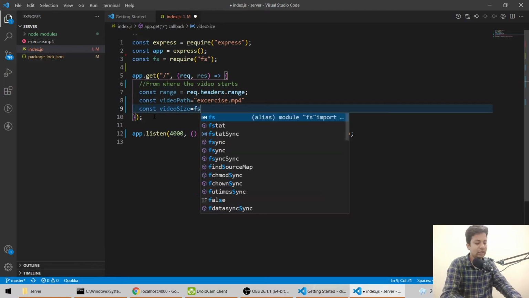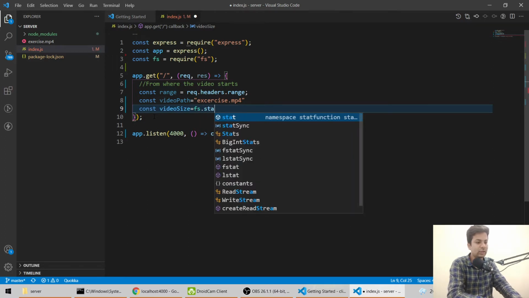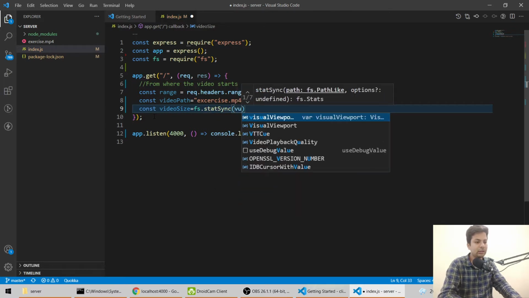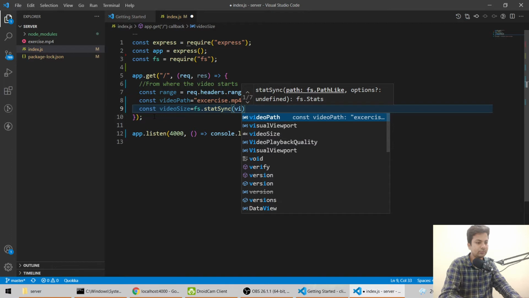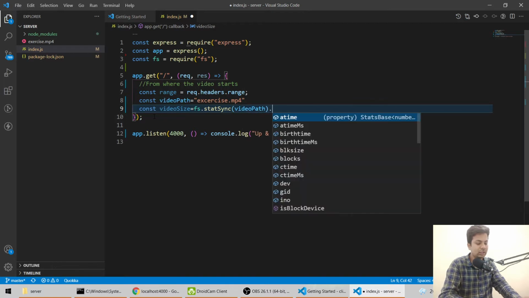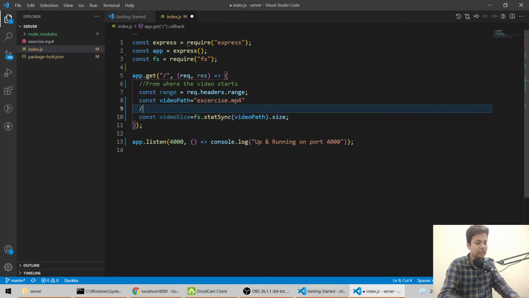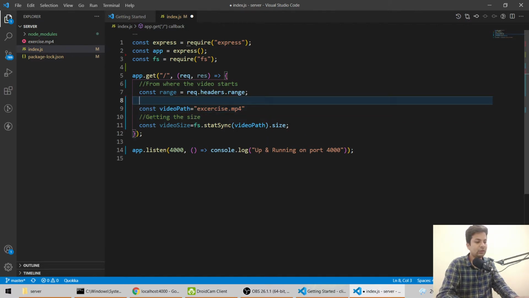Then we'll say fs.statSync videoPath.size. So we are reading it synchronously and getting its size. And this is the path. I'll just comment it so you can easily grab what is happening.